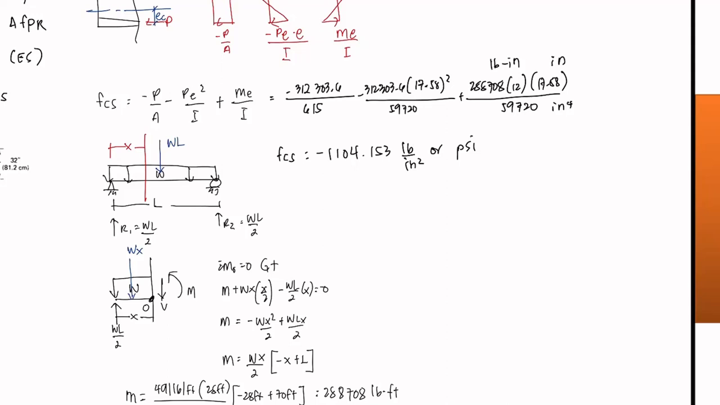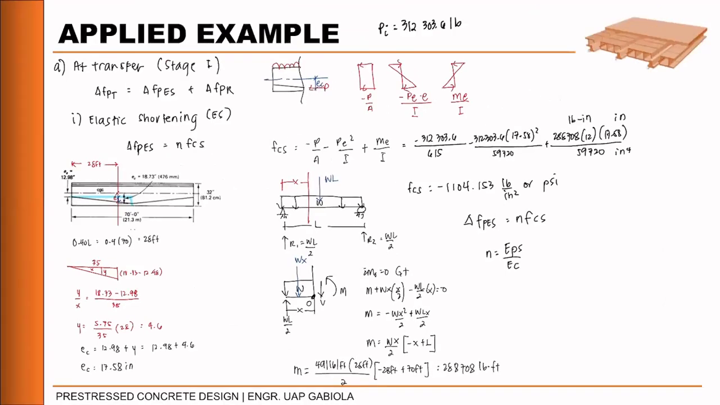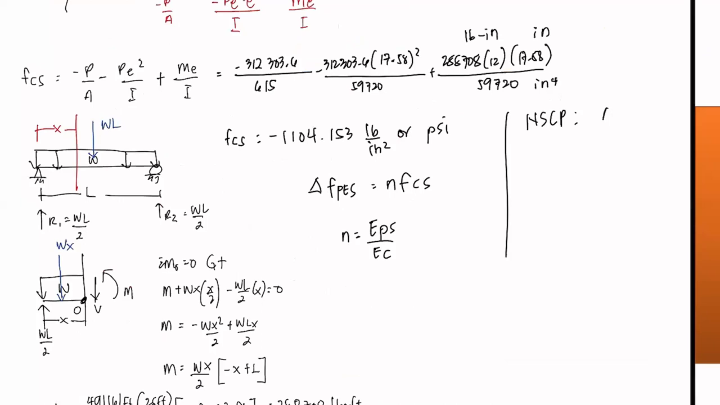Okay, so ito yung FCS natin. Kailangan natin ng N para makuha natin yung FPES natin equals to N, yung FCS. So ang N natin is equals dun sa EPS over EC natin. Pero since this is initial pa lang, may formula tayo for EC. Okay? Pag tinignan natin yung NSCP, since English pala to, dapat ACI pala, no? ACI or English. Ang formula natin for EC